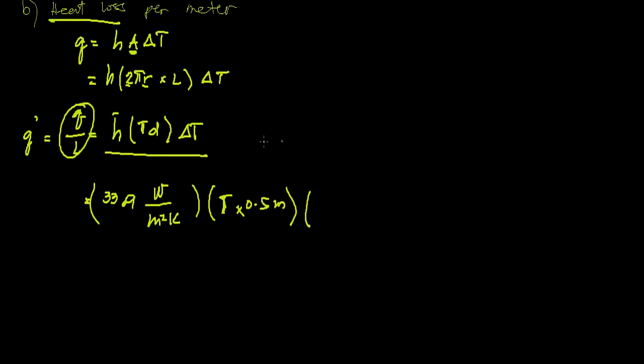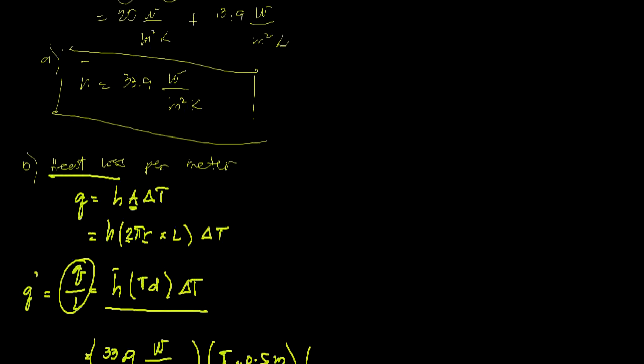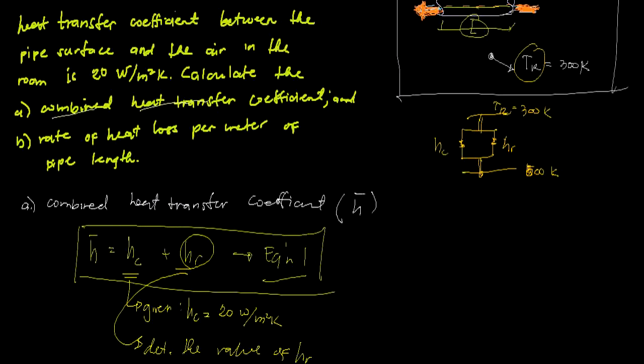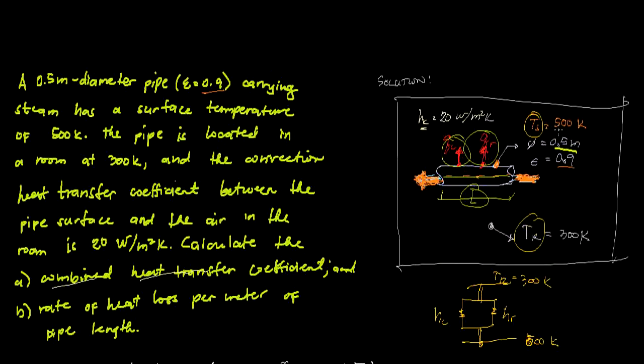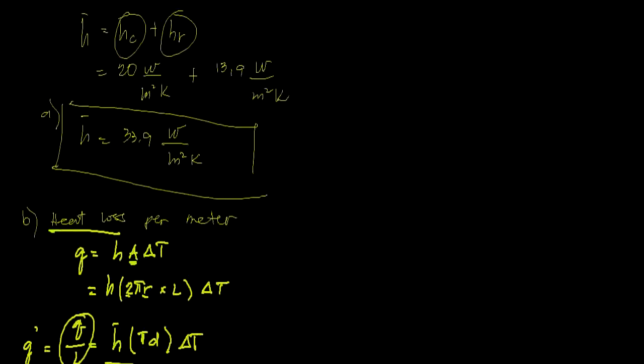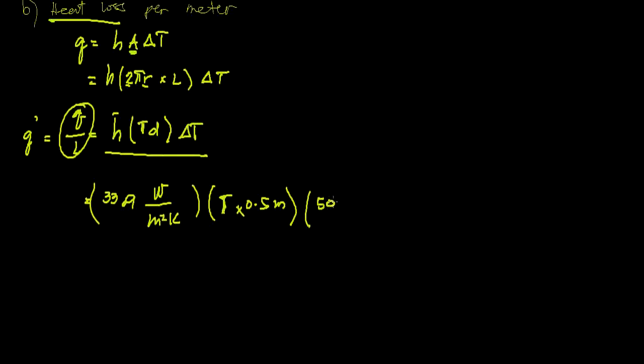And our delta T is from the surface, which is 500, and the room, 300. So we have T surface 500 K minus T room 300 K. So all in all, our heat loss per unit length is given by this equation: 33.9 times pi times 0.5 times 200, which is equal to